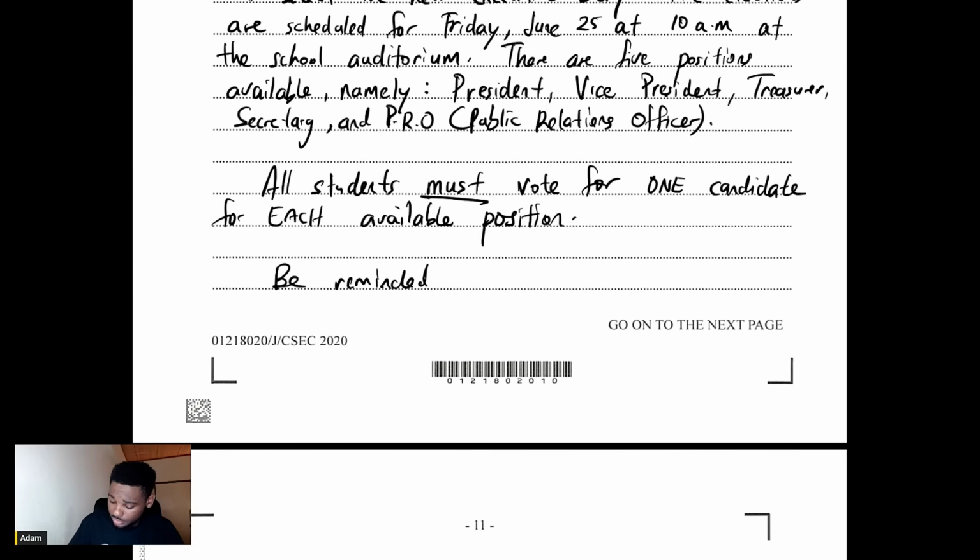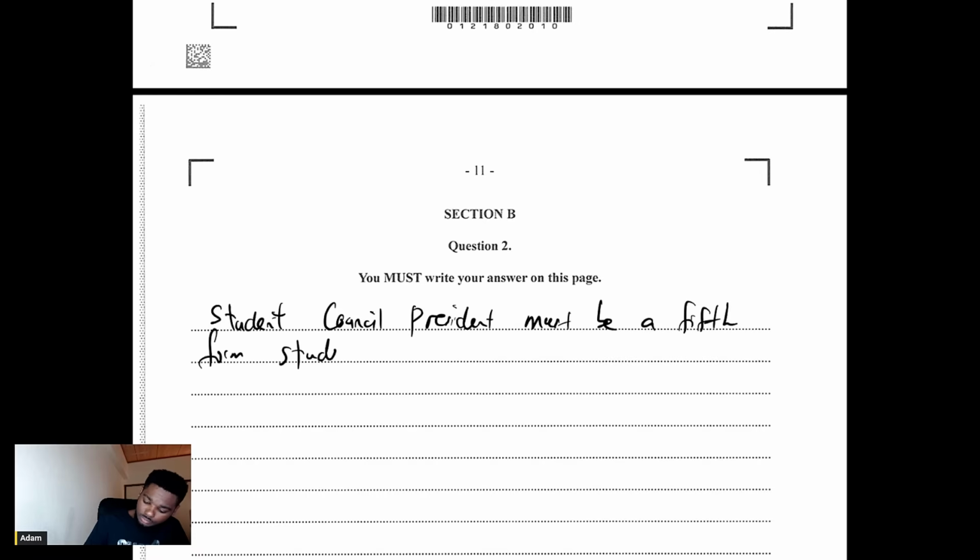Be reminded that your selection for student council president must be a fifth form student. All right, must be a fifth form student. And then